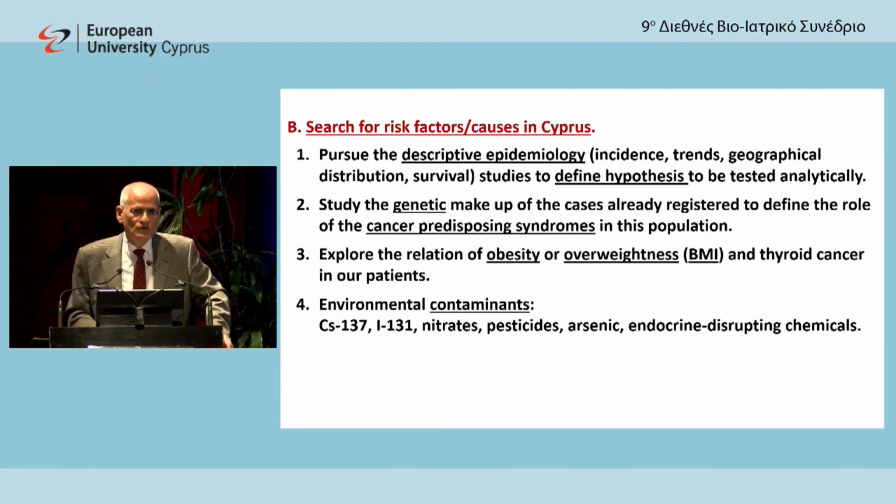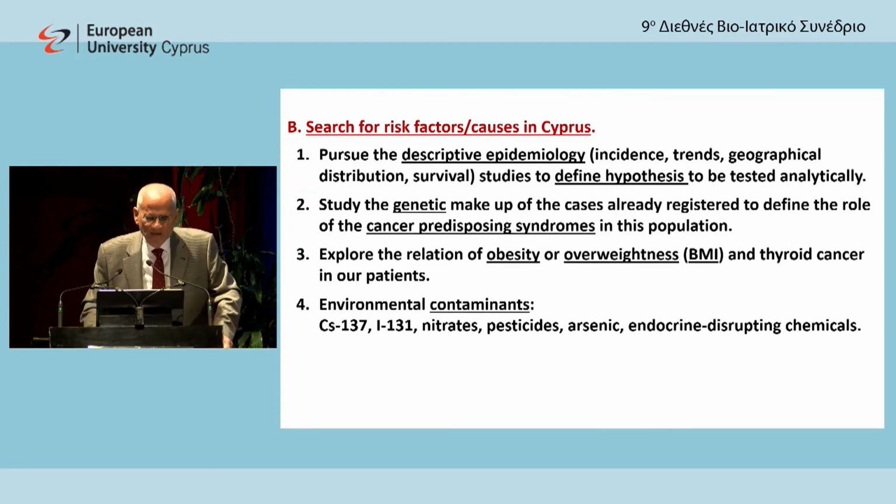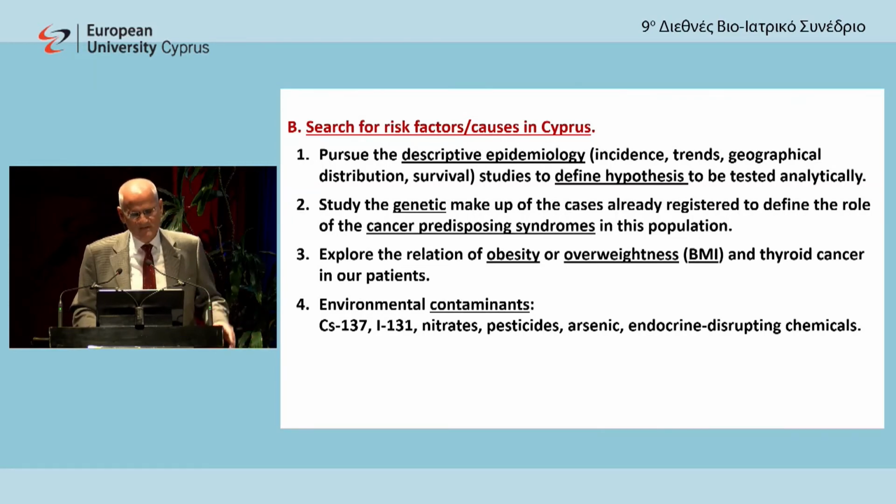The second domain of actions is to pursue our search for the risk factor causes, because as pediatric oncologists, we want to cure more and cure better, but we also want to understand the causes better, prevent more and prevent better. Therefore, at least in our small country, we will start because we have some advantage of being a small country, because perhaps we can control the situation better on our small island. We will pursue descriptive epidemiology studies, incidence trends, geographical distribution, survival, to define hypotheses to be tested analytically, and study the genetic makeup of the cases already registered, to see exactly what happens in our population with the cancer predisposition